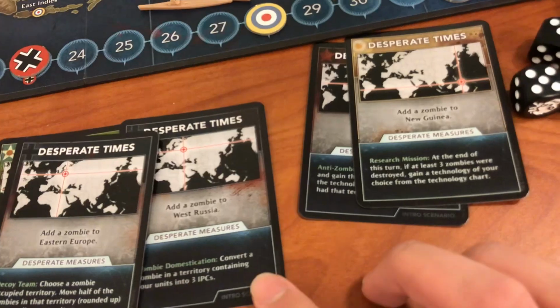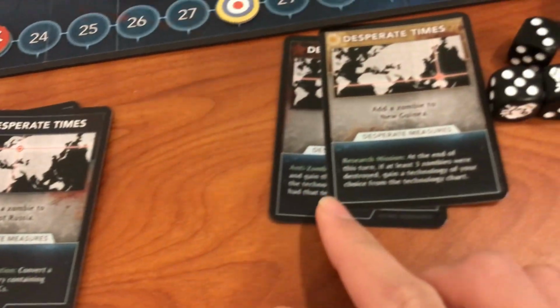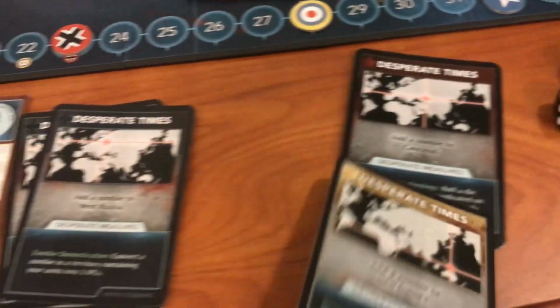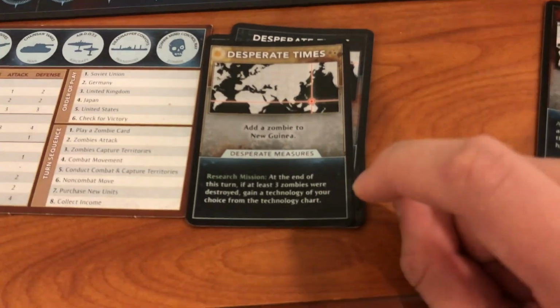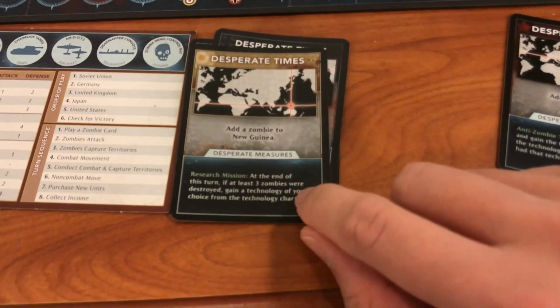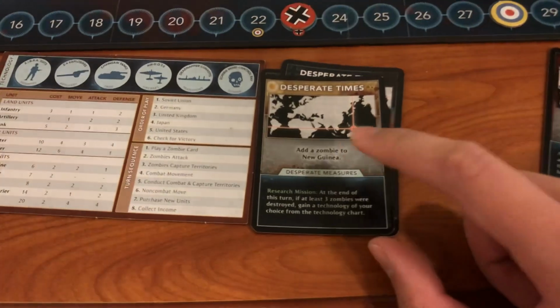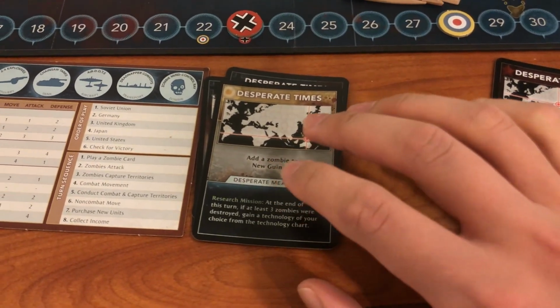For this card right here. No. Research mission. This is the one. So this one, there's 6 of these cards in the game, and you also have a 10% chance of getting this. Kill 3 zombies. This is key. If you get this and try to get